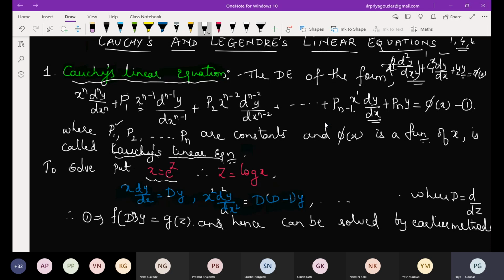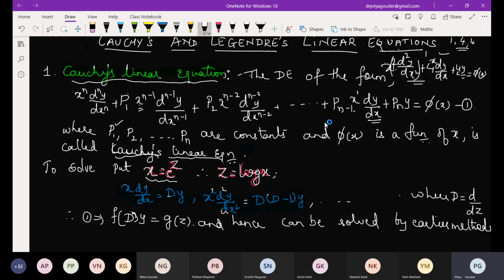Now, to solve it, what is problematic? The coefficient, right? So that coefficient x, you take it as e raised to z. This is the substitution we go for. If x is e raised to z, I'll transfer the exponential to this side, and we get z equal to log x. So x is equal to e raised to z is the substitution, and z is log x. Now what to do?